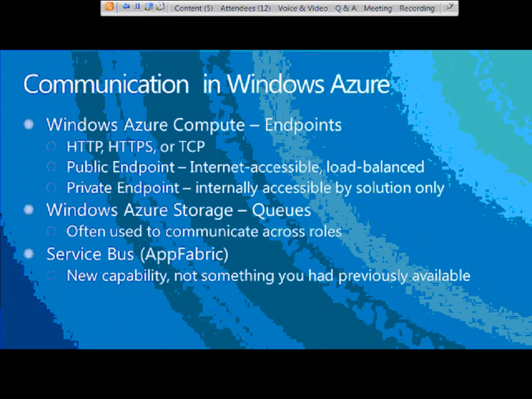But before we do that, I always want to make sure that everyone understands that nobody is telling you you have to change the way you do communication. You can keep doing communication for your applications in the cloud the way you have been if you choose to. In the case of